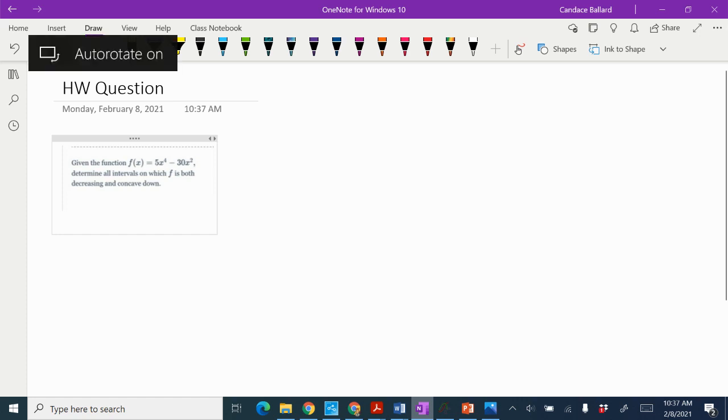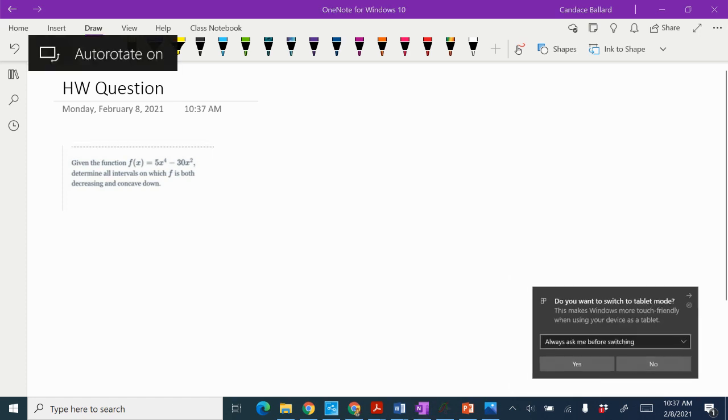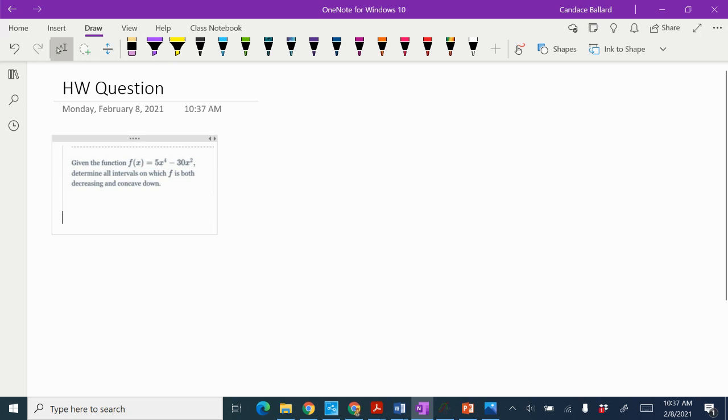In this video, I'm going to go over this homework question from the increasing, decreasing, and concavity assignment. Given the function f of x equals 5x to the fourth minus 30x squared, we're supposed to determine where we are decreasing and concave down. So what we want is a double layer sign chart, which means I need to find my first derivative and